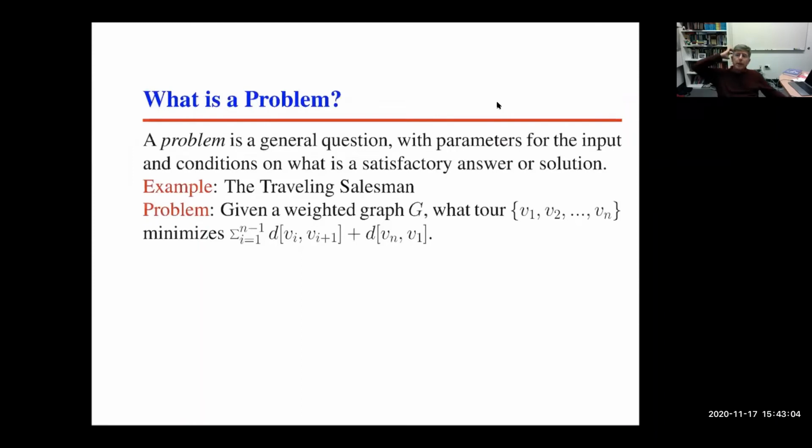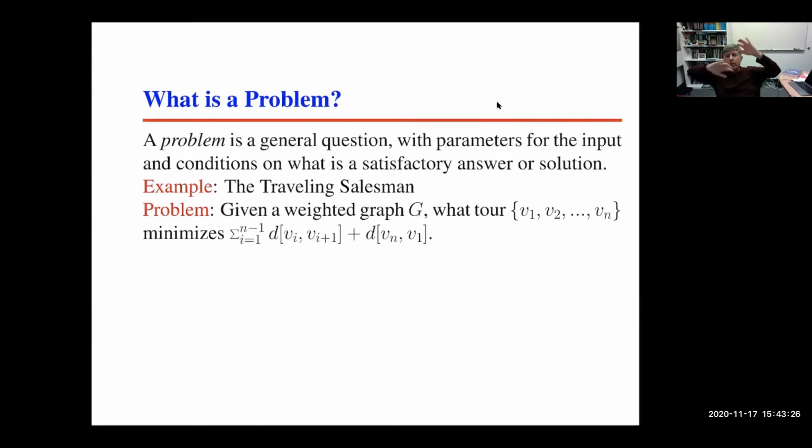So now let's be a little bit more formal. That's the high level thing. You need to figure out and try to understand that. We'll go over it again next class. But we have to be a little bit more formal about what we mean by problems, because